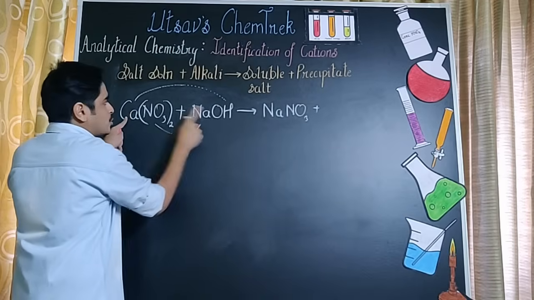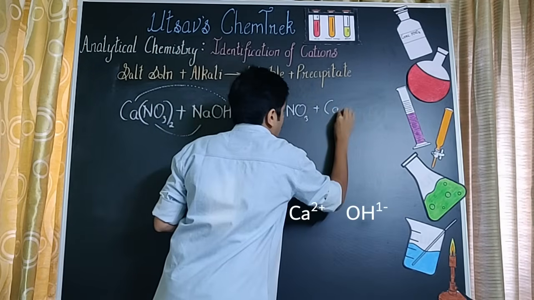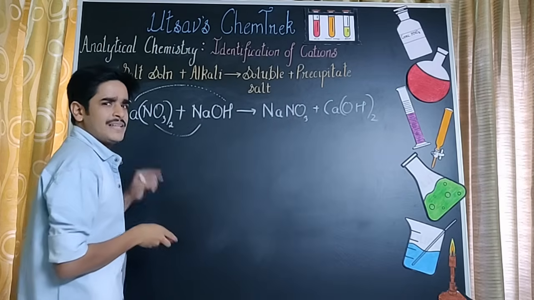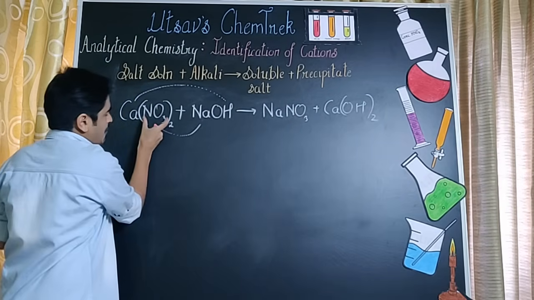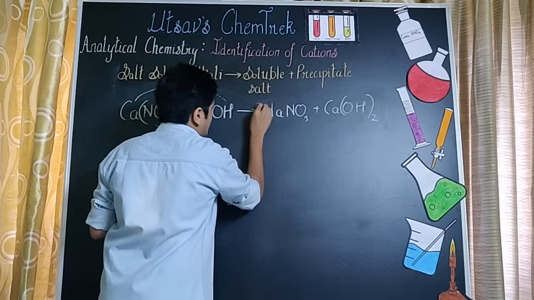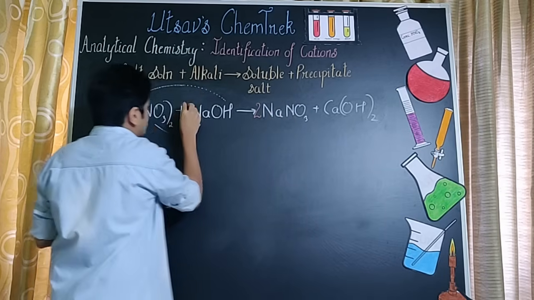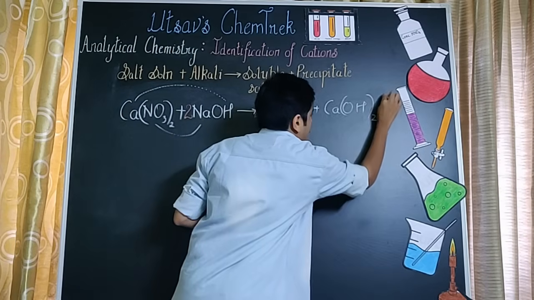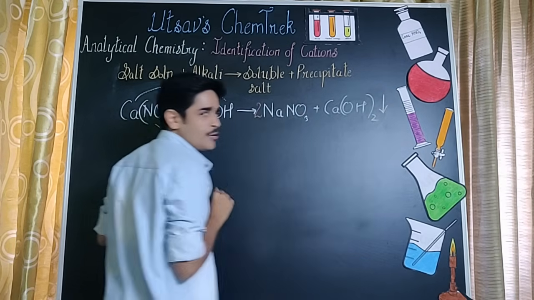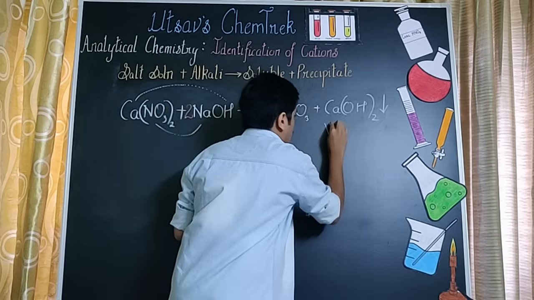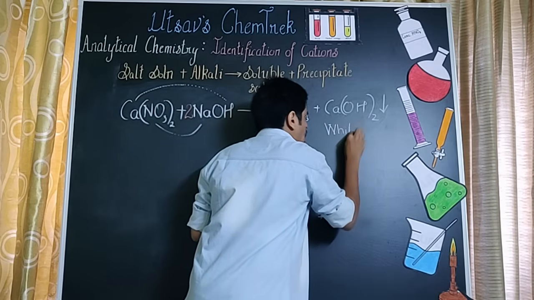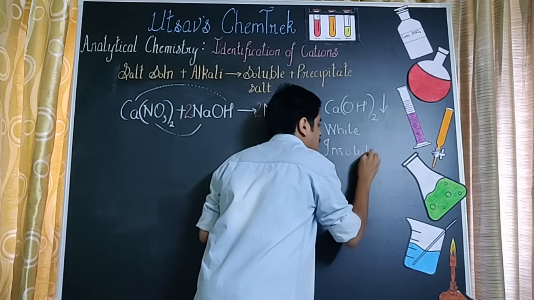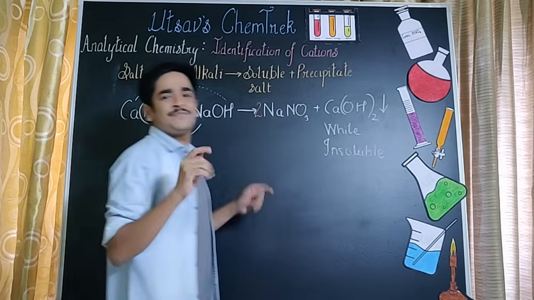उसके बाद Ca goes with OH, so आएगा Ca(OH)2. बैलेंस करते हैं इक्वेशन. यहाँ पे मेरे पास दो नाइट्रेट के रेडिकल्स है ना, तो नाइट्रेट को बैलेंस करने के लिए we have 2 here, दो सोडियम को बैलेंस करने के लिए we have 2 here. Understand that the last product is always a precipitate indicated by the downward arrow, and this time this precipitate is going to be white. और ध्यान में रखिए that it's supposed to be insoluble, मतलब dissolve होने वाला नहीं है.